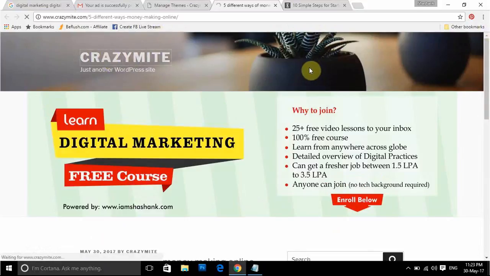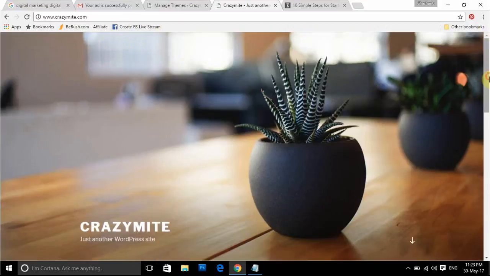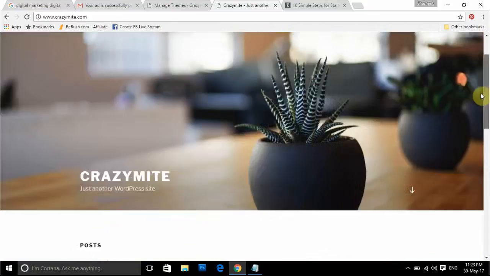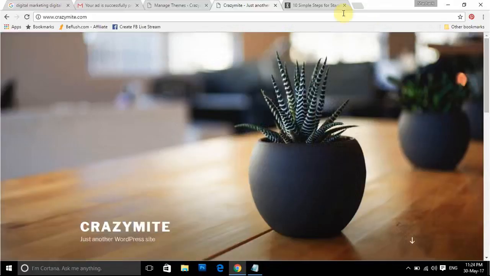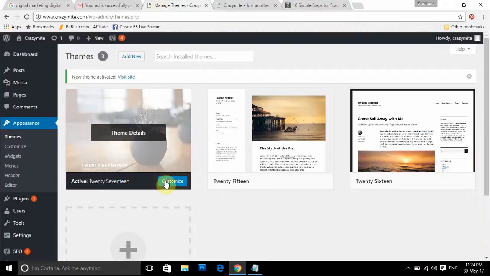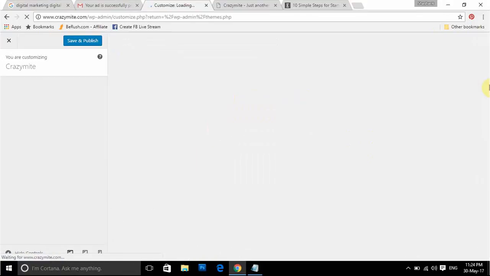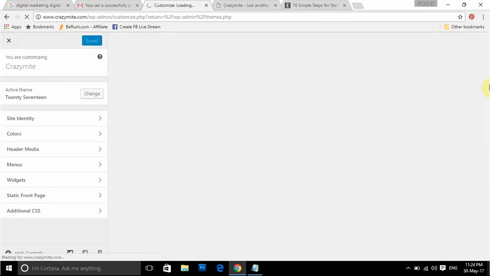Once you click on that resume, you can see here it is the home page, and here we have a blog section by default. So every theme will have a blog section by default, and you need to customize your pages accordingly. So you can see here, once we click on customize, or you can go to the appearance and click on the customize tab. Once you click on customize, there would be a new page where you can change your different options